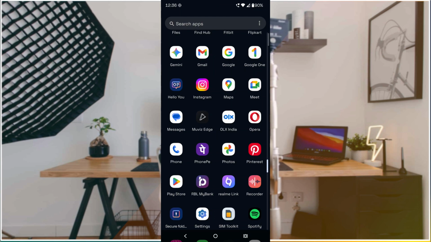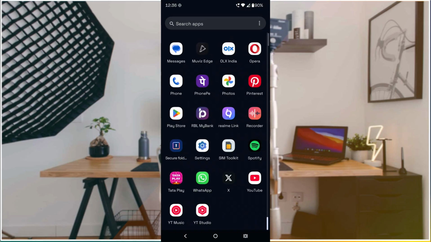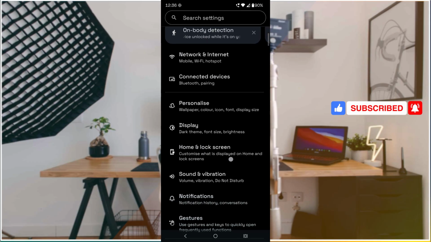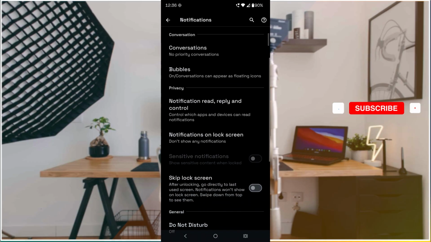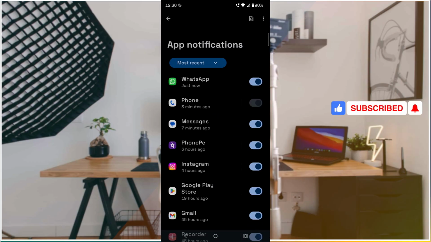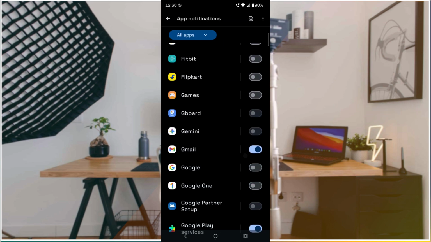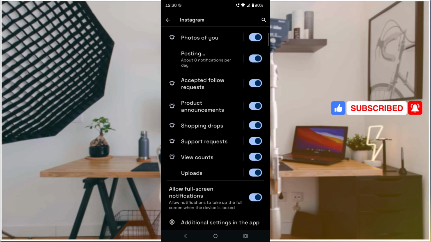The first thing is you need to click on Android phone settings. Okay, in the settings app, you can go to notifications. On sleep mode you won't receive any notifications, that may be call notifications, message notifications, or any alerts. Under notifications, click on app notifications and choose all apps, so that you'll find all the apps. Say, for example, if it is Instagram, click on Instagram and scroll to the bottom of